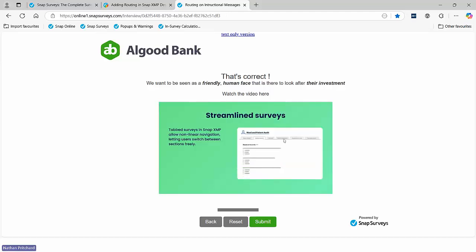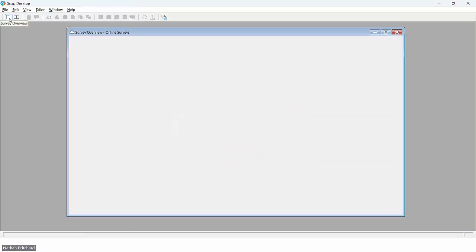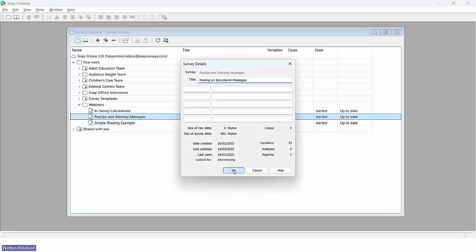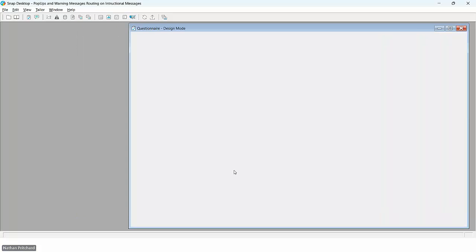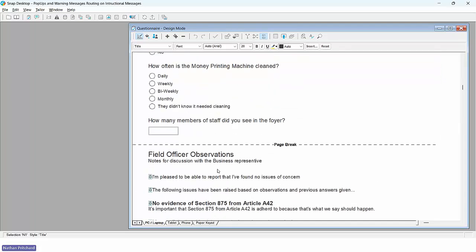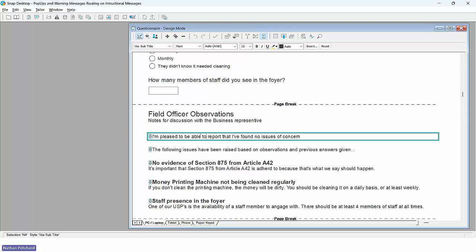So let's have a look at this in Snap. So if I close down this survey, I'm going to open up the pop-ups and warning messages survey. So first of all, we have a set of questions which are then followed up with the notifications at the bottom, or the observations. So I've got a message which is a note variable, which will be displayed if all